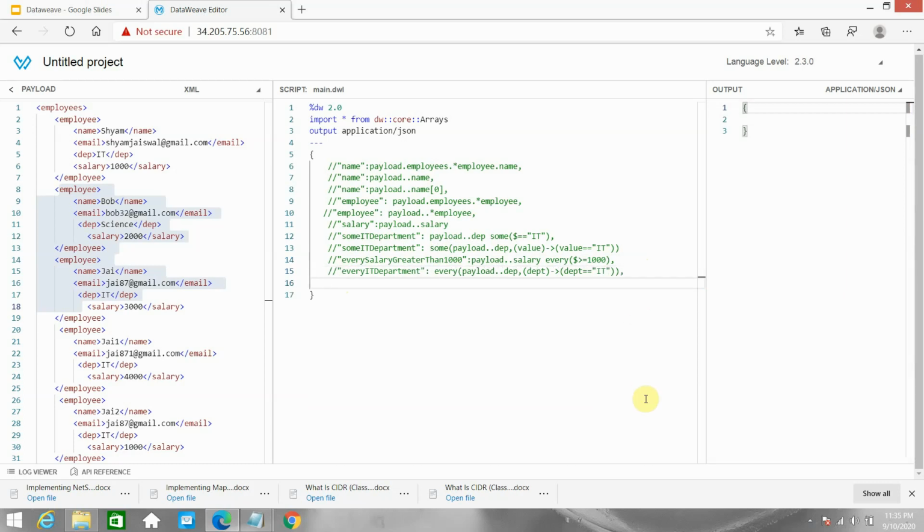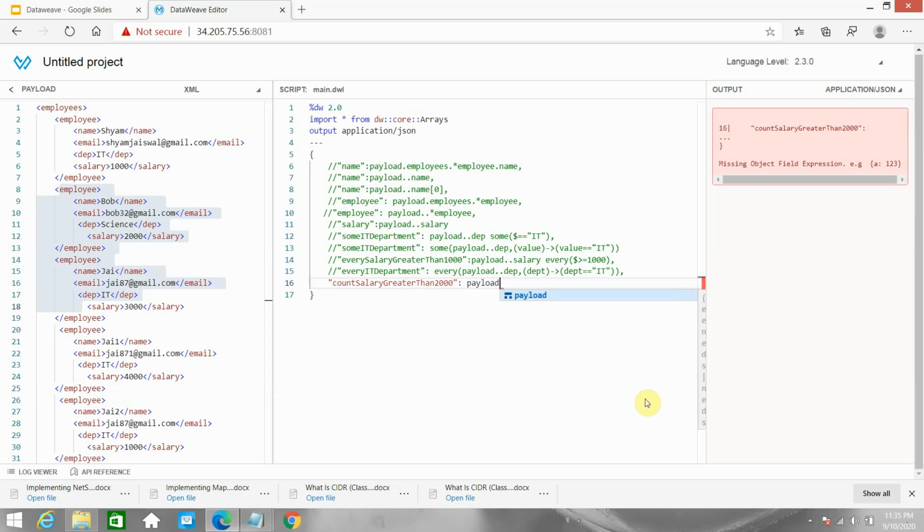Now I want to count the employees whose salary is greater than 2000. Either you can use a lambda expression or the simple syntax.